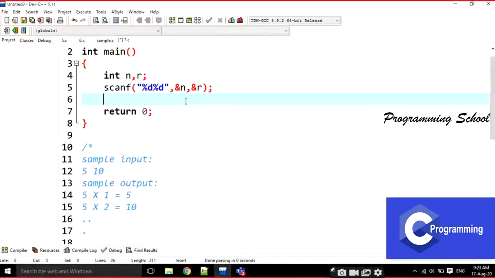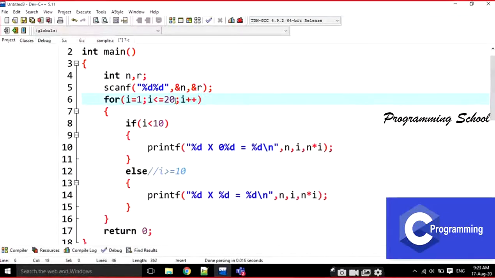I am going to read n comma r. I am going to display the table like this, but I am going to change the number up to r. Instead of 20, I am going to replace it with r. That's it. Very simple modification, right? If it is a range, we are going to display up to that range.